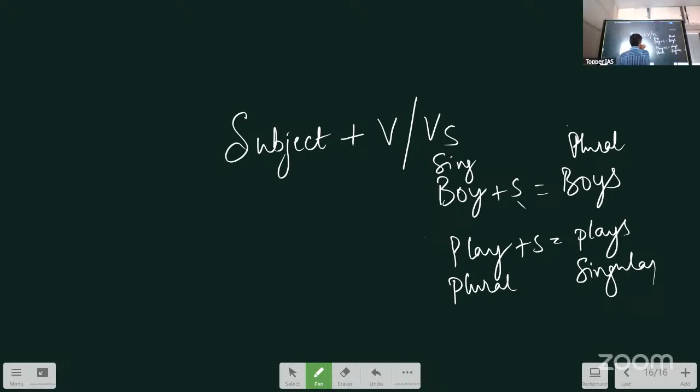For example, catch. Is it a verb or a noun? Verb. So what does the spelling end with? What should you add? Yes. So catch is plural, catches is singular. But what happens in a noun: before applying the spelling rule it is singular, after applying it becomes plural. In a verb it is plural, and after applying the spelling rule it becomes singular. Is that clear, all of you? Understood? This concept is very, very important.